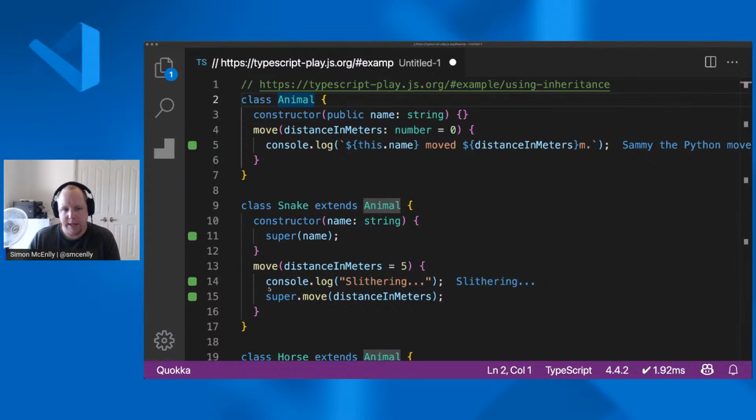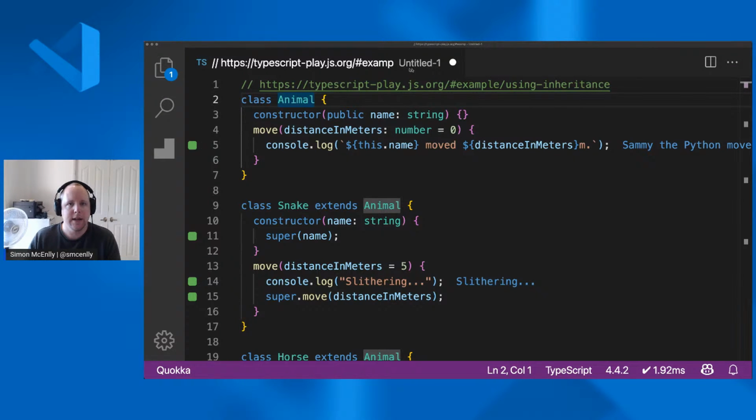And it's displaying any runtime values that we've logged using console log right next to our console log statement in our editor. So here we can see console log slithering, and we have slithering appear here. And these gutter indicators that you see here indicate which lines of our code actually executed. And all of this updates in real time.